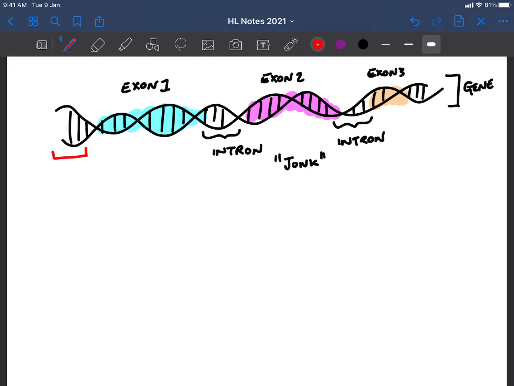So one part of this intron will be the promoter. And this is basically our start line. This is where our RNA polymerase will start. And similarly, at the end, we have something called the terminator, which is going to indicate the place to stop. And so what this means is, and I'll draw a very quick diagram here,